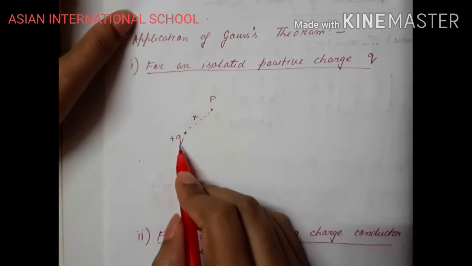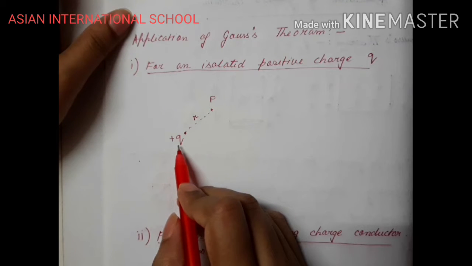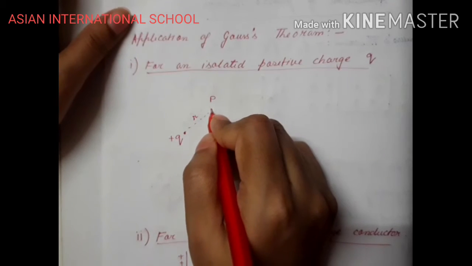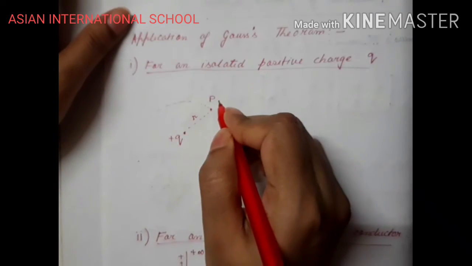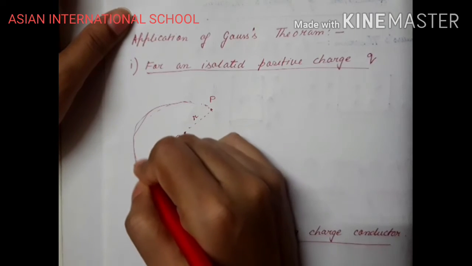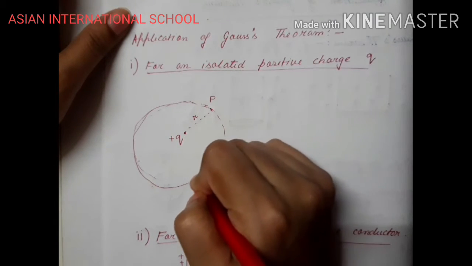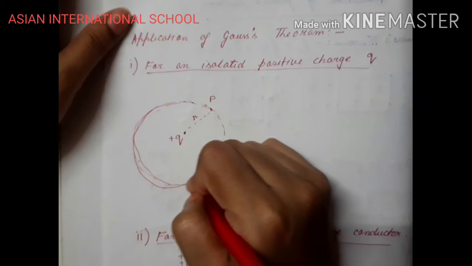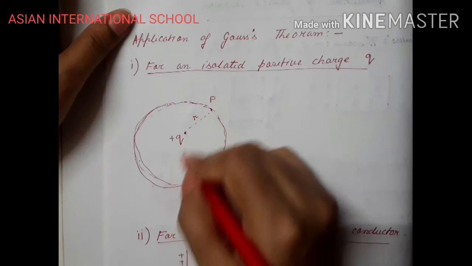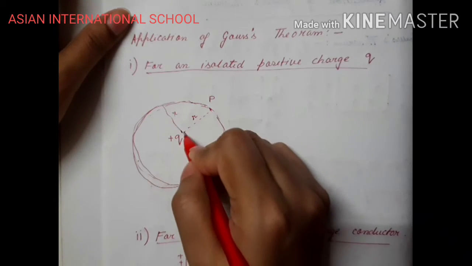This charge needs to be enclosed, and I need to enclose it in such a way that the calculation of electric field becomes easier. So the best decision is to draw a sphere. While drawing a sphere, you will take the help of your pencil and draw a complete symmetrical sphere. It should be symmetrical; everywhere the radius should be r.